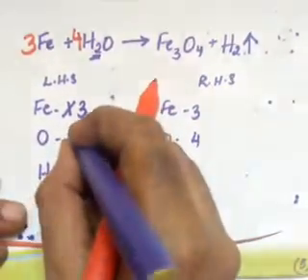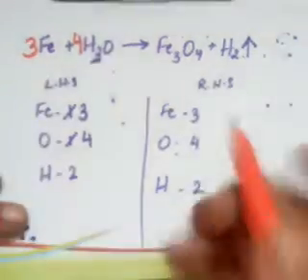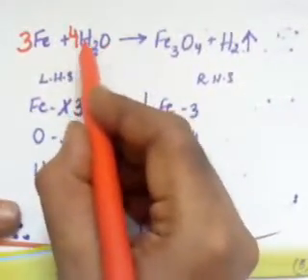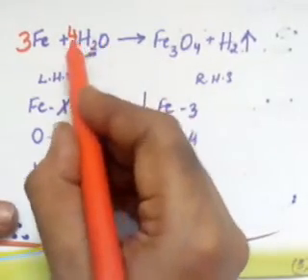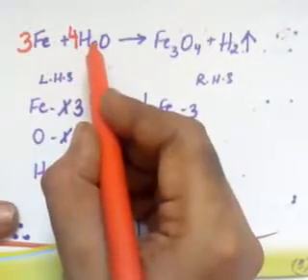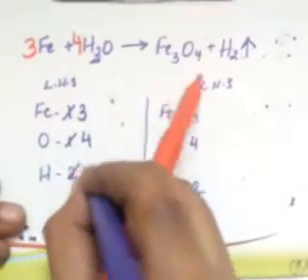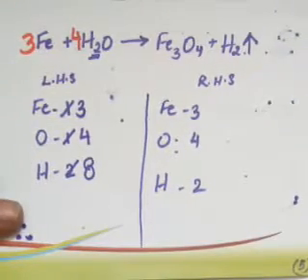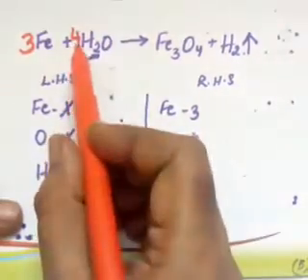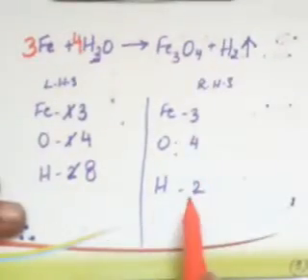So if I make 4 over here, what will happen? This 1 will be converted into 4. But if I am making 4 here, hydrogen is also changing because of this 4. This 4 means on oxygen also, and this 4 means on hydrogen also. So 4 into 2, that means hydrogen atoms are becoming 8 now. Hydrogen atoms have changed from 2 to 8, because we are making 4 here. So now oxygen is balanced, but hydrogen is not balanced.